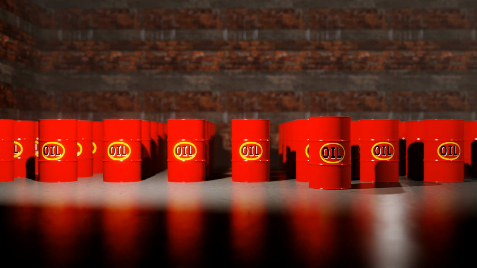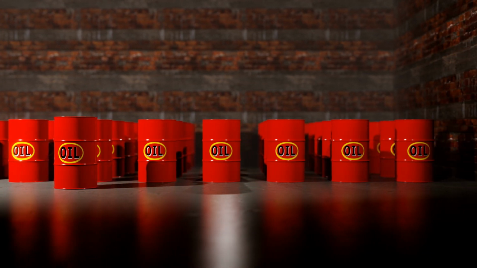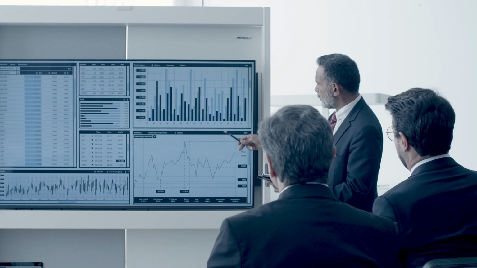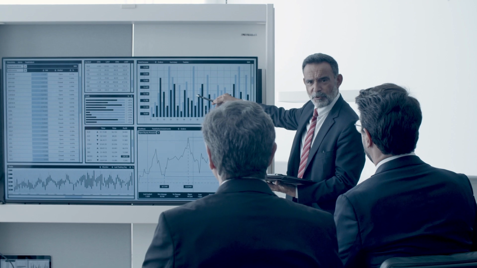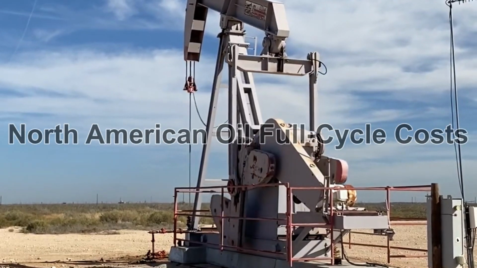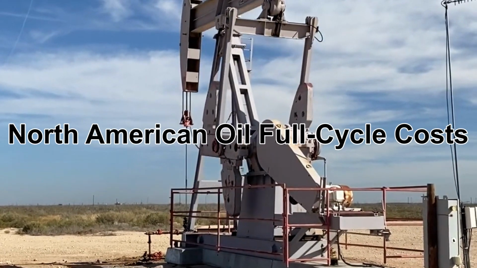Crude oil full-cycle costs are one of the critical pieces of information used by oil companies, among others, for corporate planning, risk management, and various other purposes. So what are full-cycle costs? Basically, they are all of the costs in US dollars per barrel associated with finding the oil, producing it, and